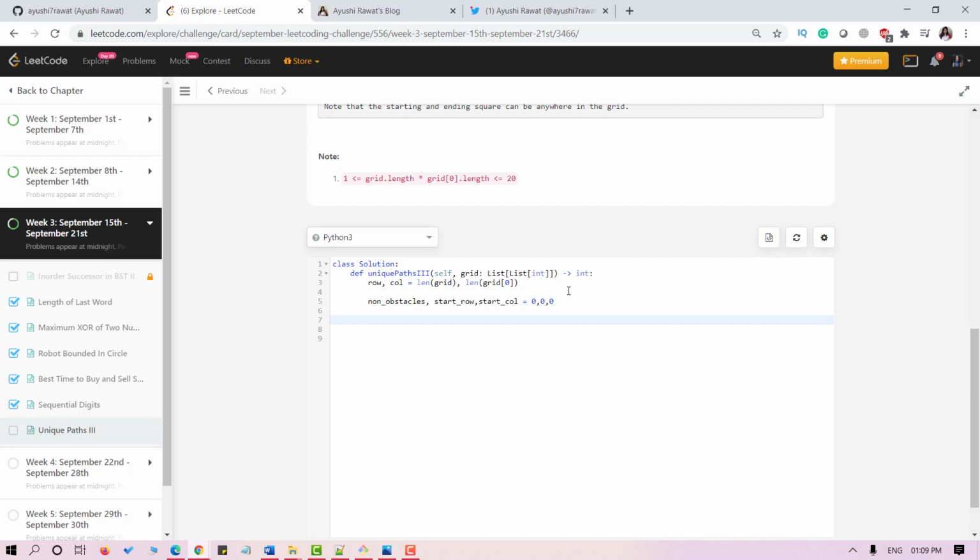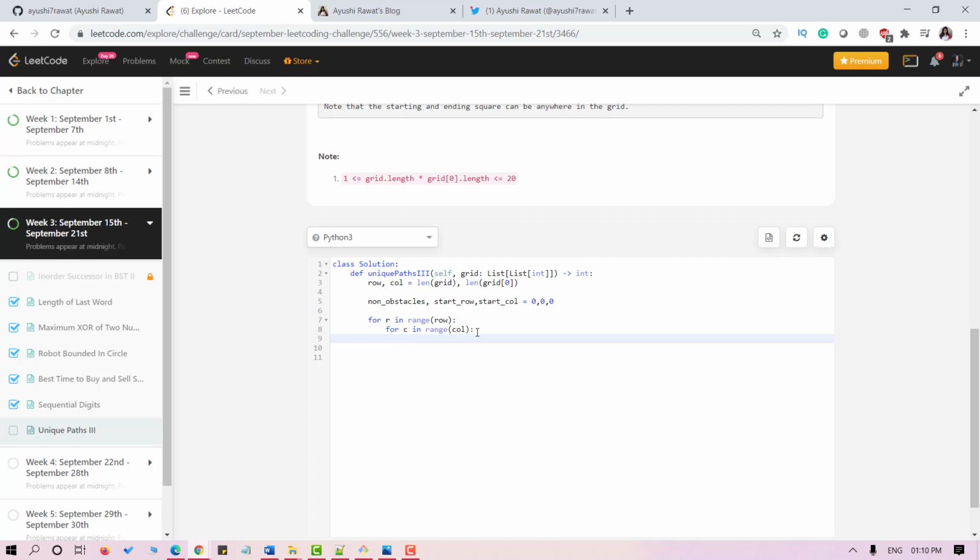Once done, I'll define a for loop over rows, and another for loop inside it for columns. Now I'll define cell as grid[row][col].